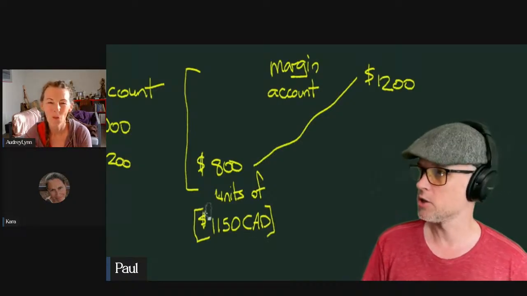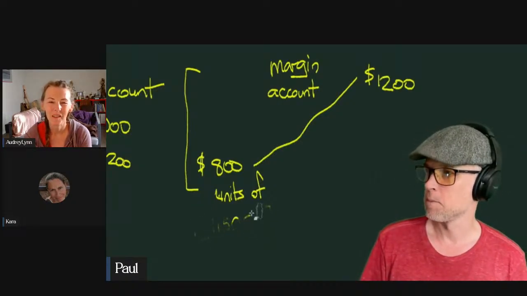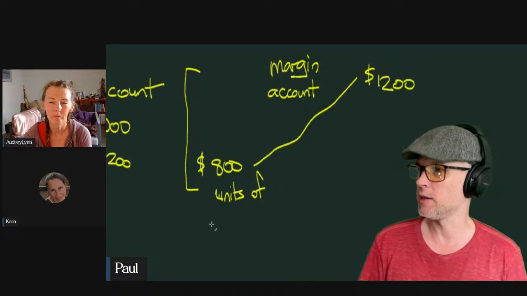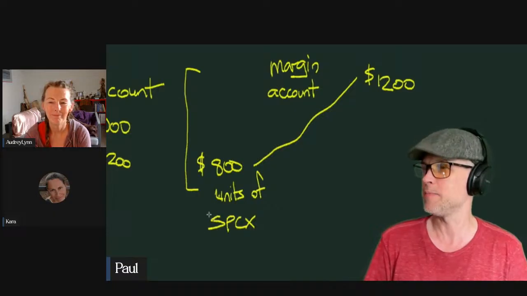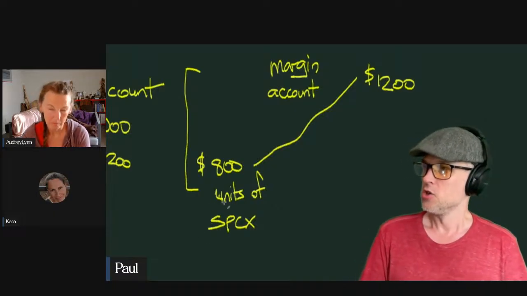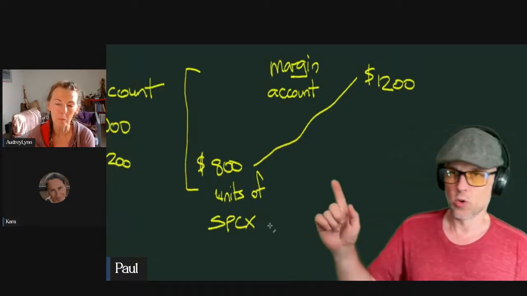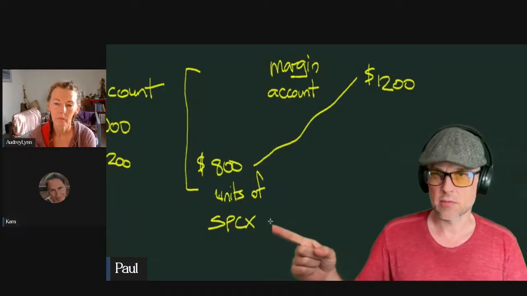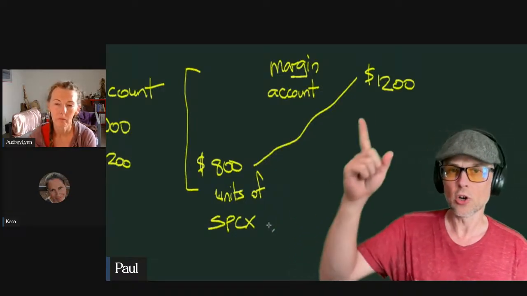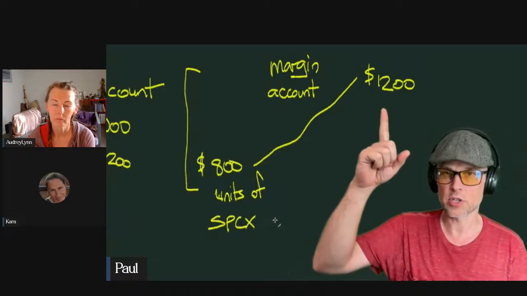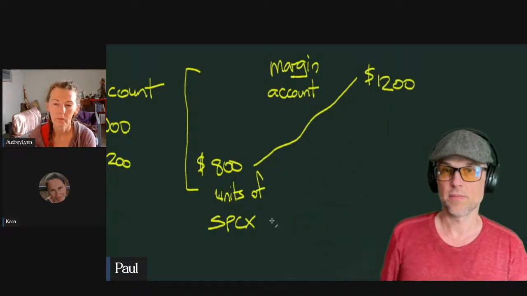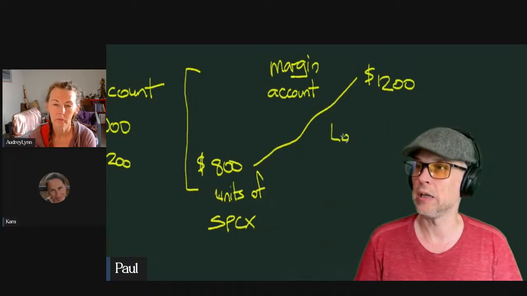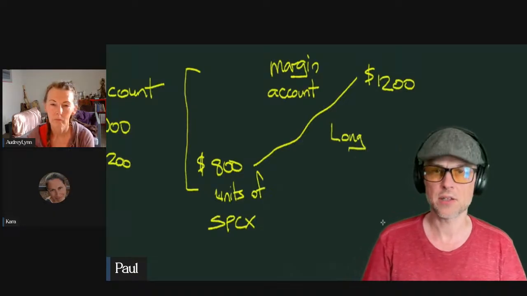You know what? Let's go with a stock, because then it's a separate entity, a different form of equity. Let's say, you know what? Let's go with SpaceX, the meme coin. So you're getting $800 worth of SpaceX. Your hope is that it will go up 50% in price so that you can sell that $800 worth into $1,200. That's going long. And that makes sense enough.